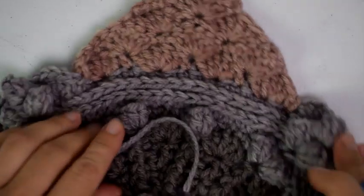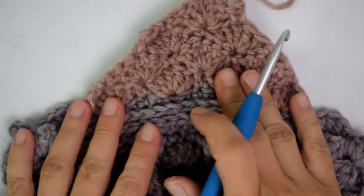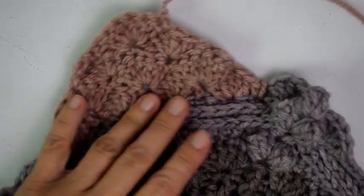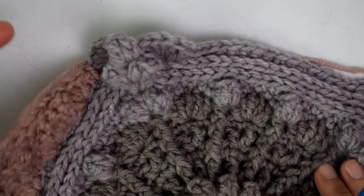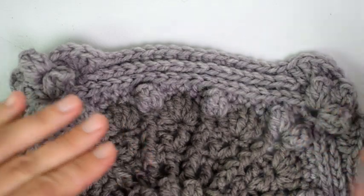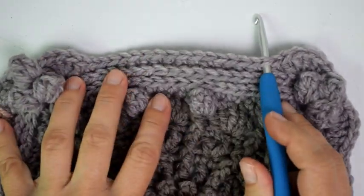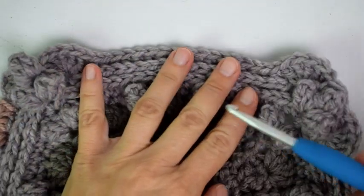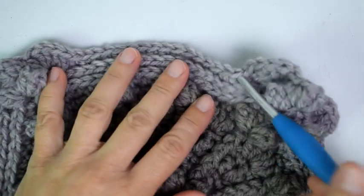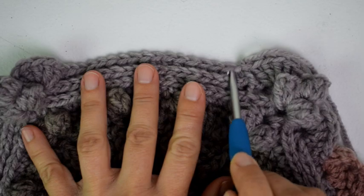I'm going to turn my work over to the right side. So this is what one side is going to look like. So now what we will do is we will turn our work, and we will repeat that exact same pattern on all 4 sides. So here we will join to the rightmost single crochet and repeat the pattern, and then turn, join our work to this rightmost single crochet and repeat the pattern, and again join our work to the rightmost single crochet and